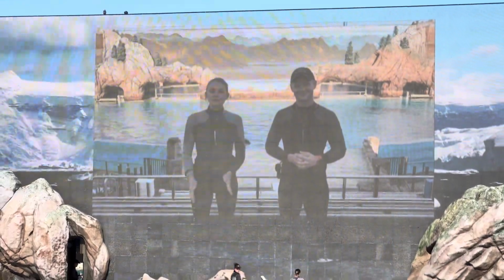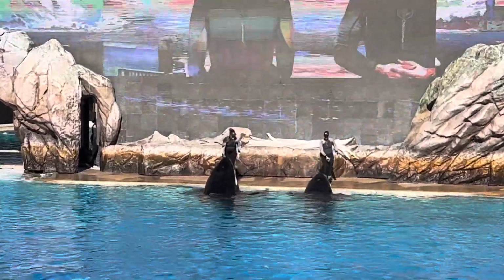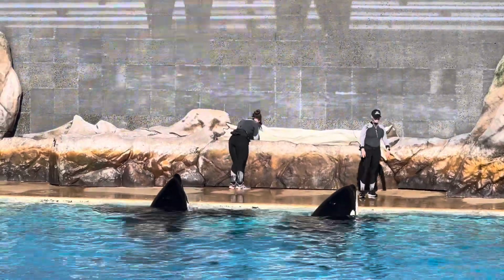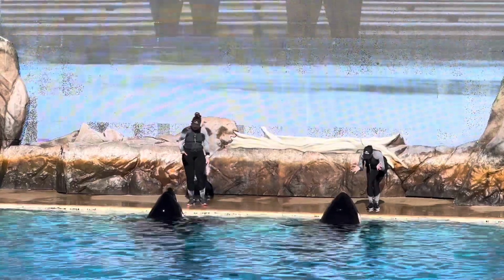Inside look, a real behind the scenes look of what we do here at Orca Encounters. Our killer whale family has inspired generations all around the world, and I'm so excited to share them with you all today. That's right. Killer whales are scientifically named Orcinus orca. But here at SeaWorld, they're lovingly known as Orkid,